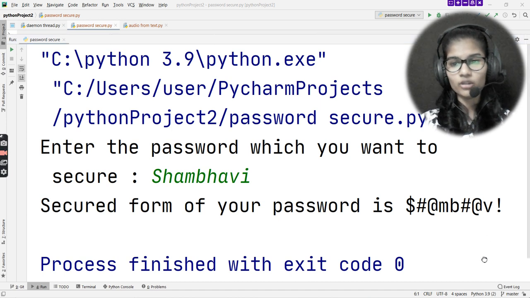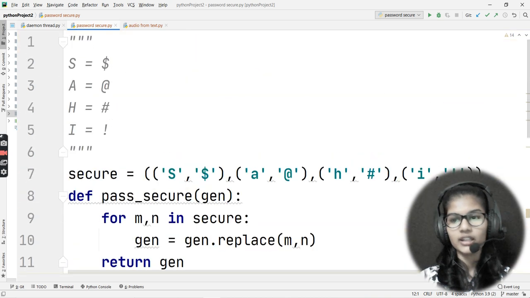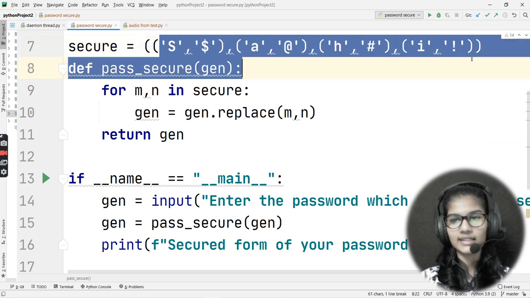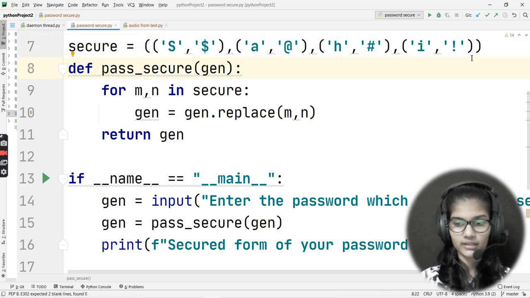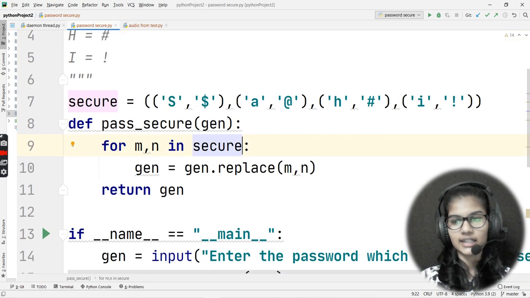Now, I hope that you have got a clear and fair idea of how you can write a program for generating your password, securing your password actually, right? Here you can now enter multiple characters, anything, whatever you wish. I hope you have got a clear idea of how you can make your password secure using a Python program. Now you can also convert this into a tkinter form, because we have already done many programs in tkinter. So I'll not be telling that here, but I hope you'll be able to convert that into tkinter very easily.